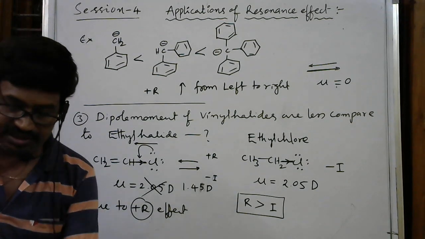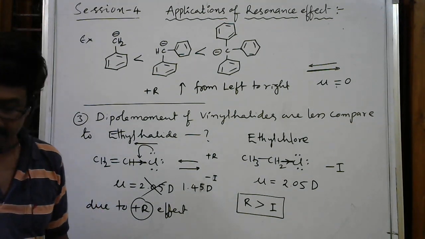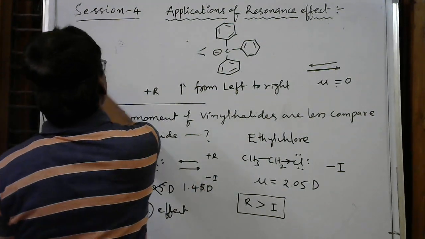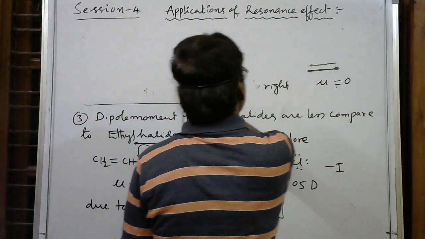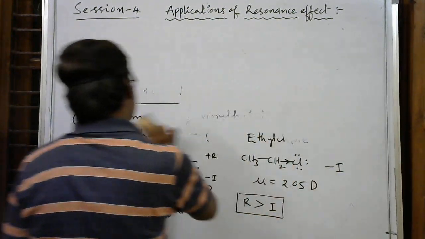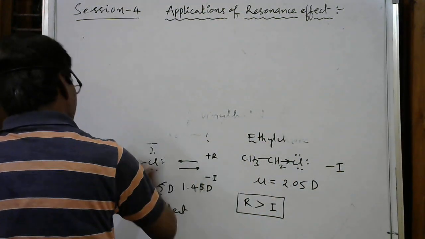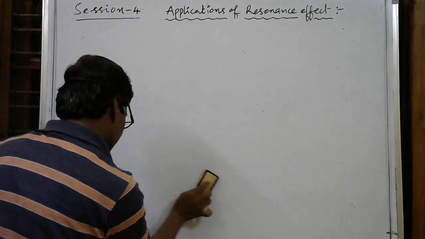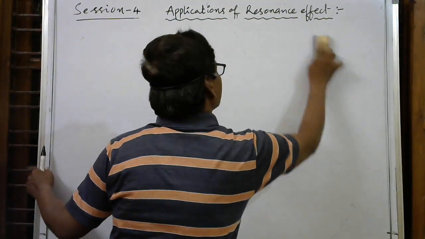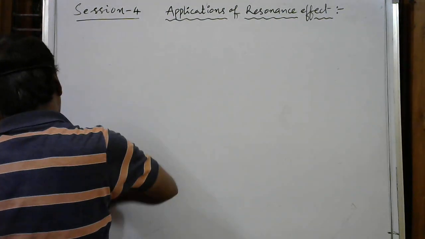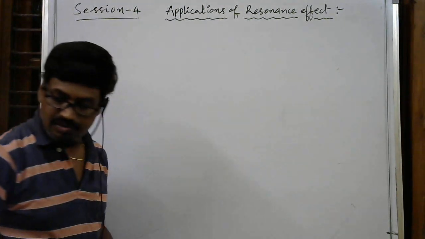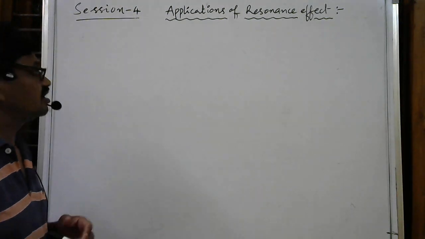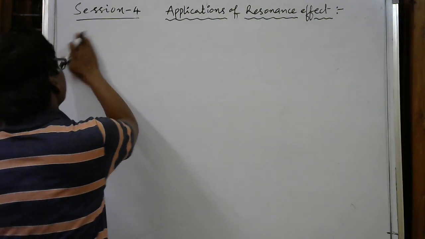Then the next application is related to the acidic strength of aromatic carboxylic acids, and the basic strength of aromatic amines, aromatic bases. Aromatic base means the amines only, anilines. I give some brief explanation here for understanding next year. Some concepts are there in the amines chapter and also in carboxylic acids and phenols, and to understand those concepts clearly, this basic information you need.